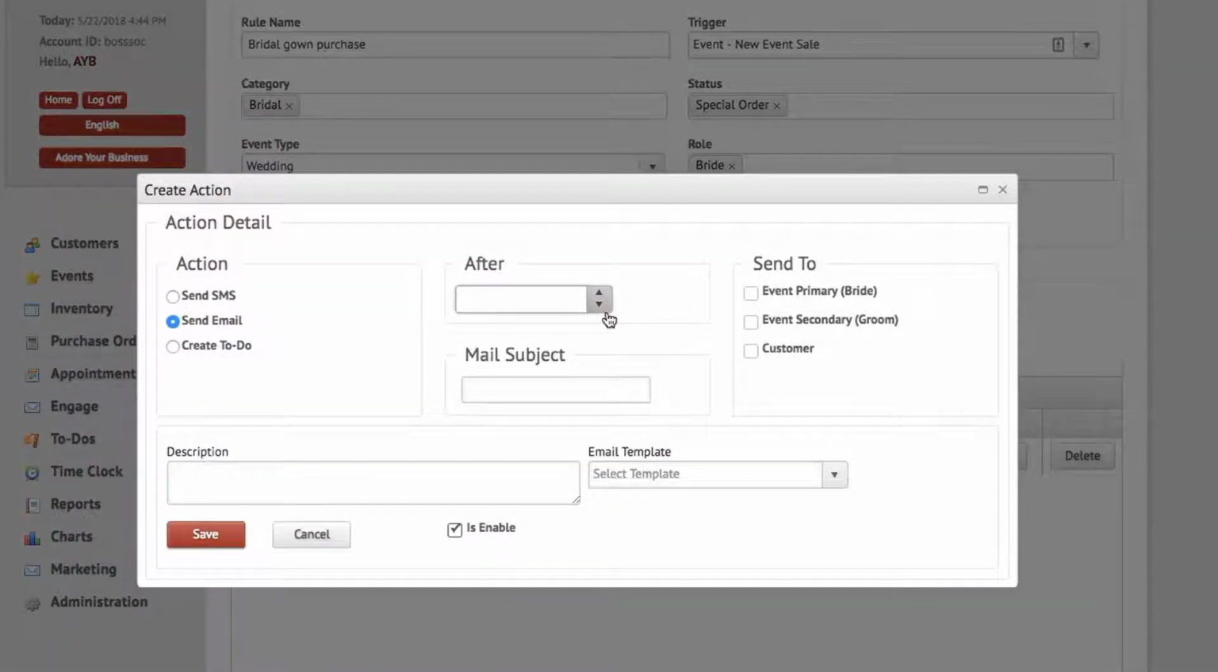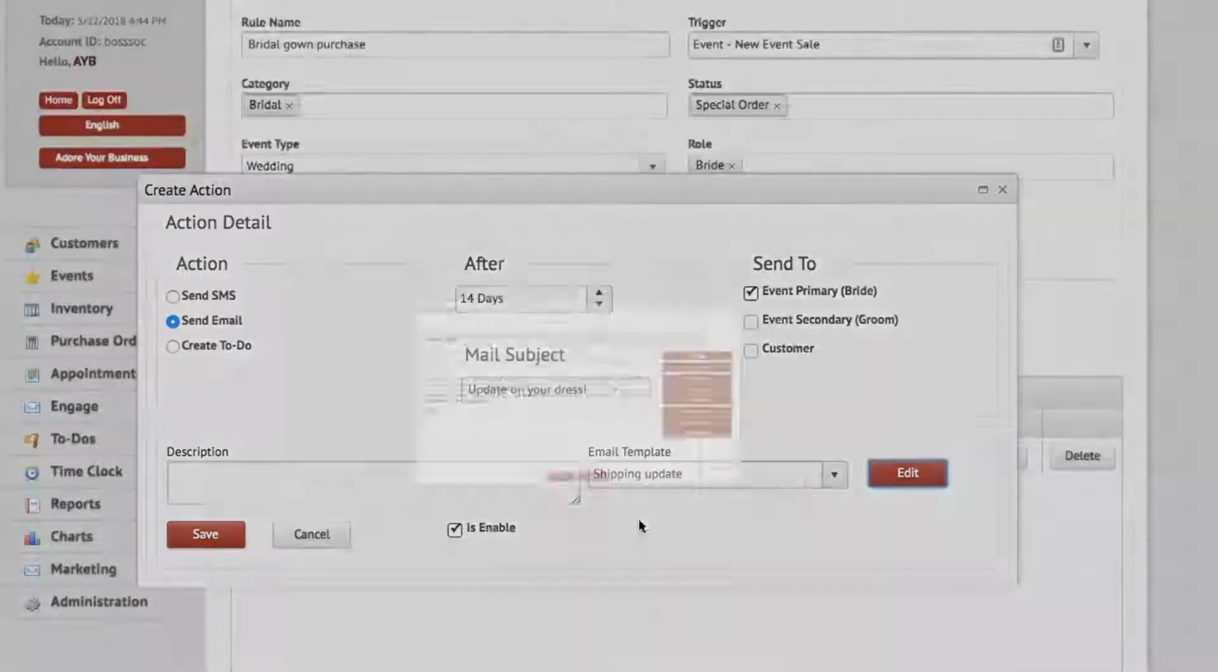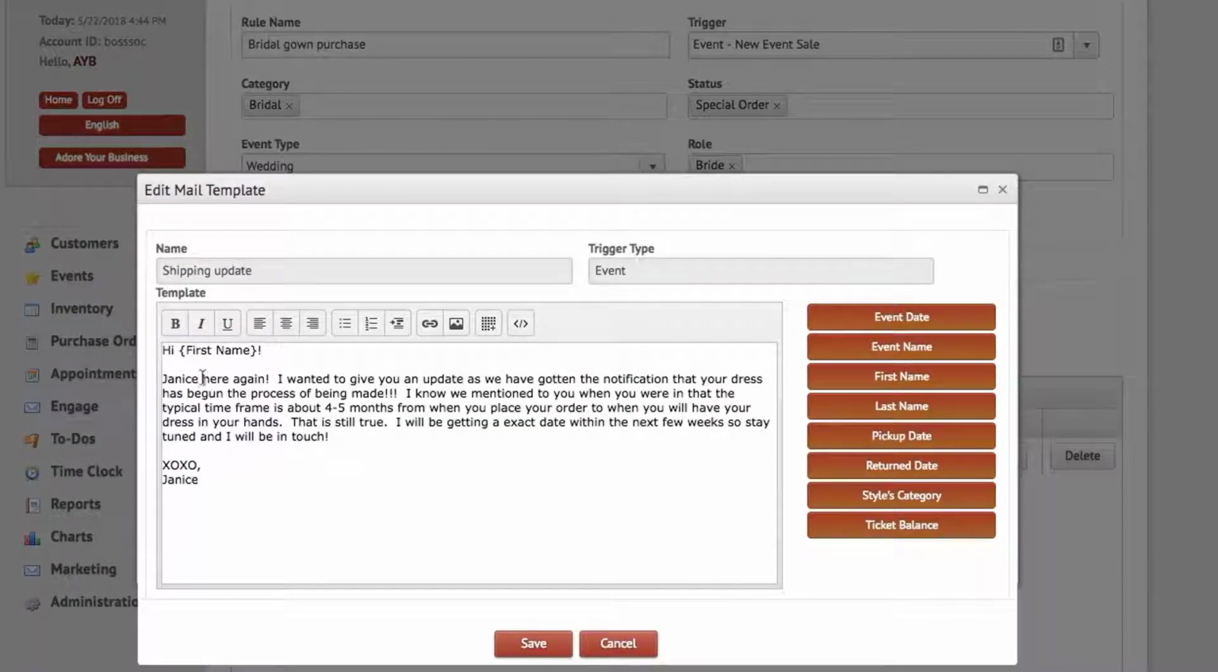I am going to send my bride another email, and I'm going to do it 14 days after her purchase. Send it to the bride, and it's going to say, update on your dress. Description, if you wanted something for yourself, and I am going to send this one, this shipping update. If you want to take a look at it, the edit, it's saying your gown is in the process of